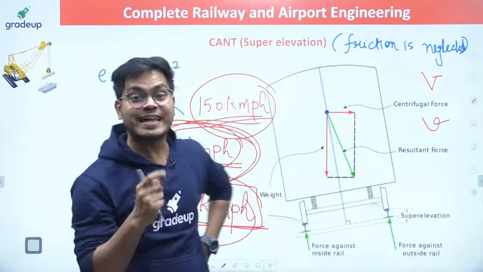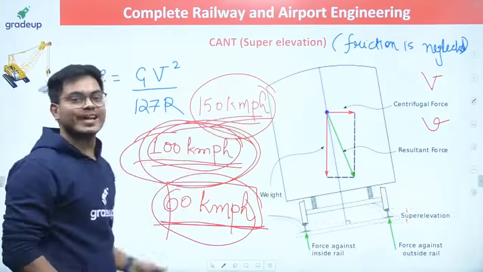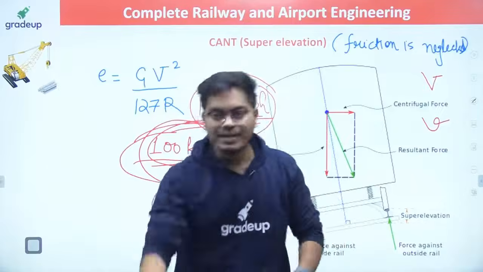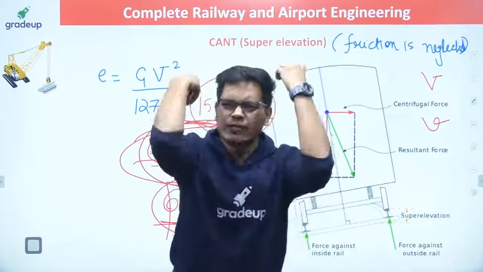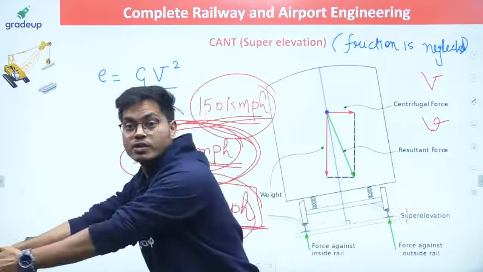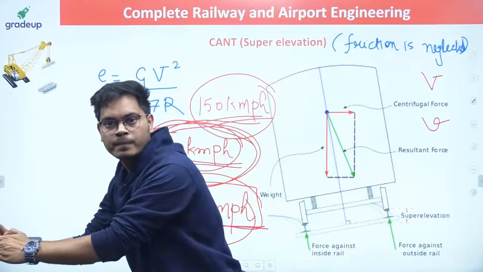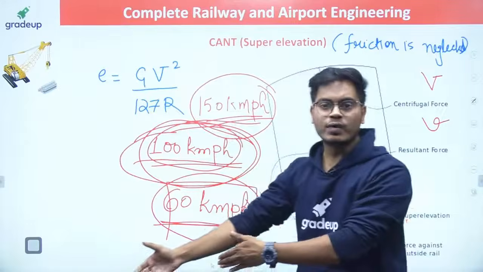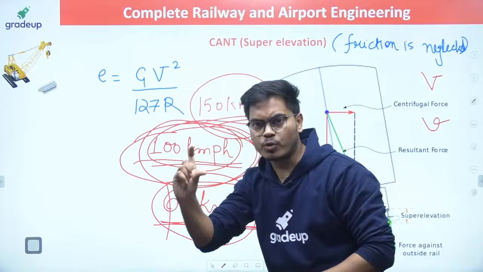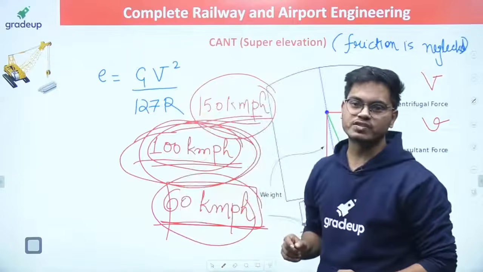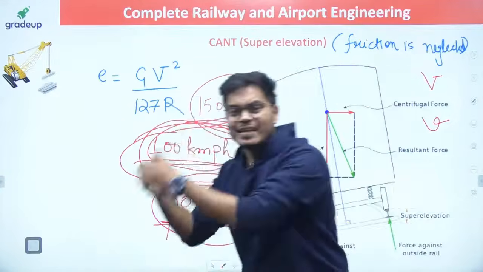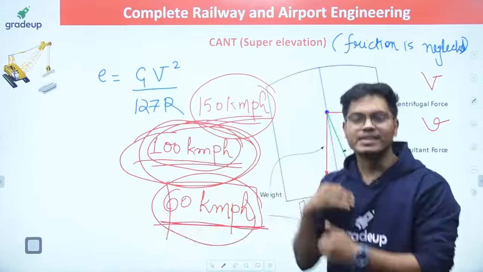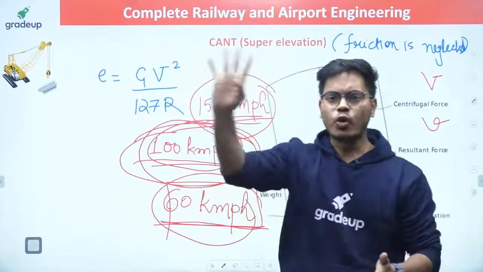Basically, we have provided the CANT in excess, so this is known as your excess CANT. So we have discussed the equilibrium CANT. Whatever CANT you are providing practically on the field, that is your actual CANT. If the train requires more CANT than the provided one, then the difference between the required and the provided is your CANT deficiency. If the required one is lesser and the provided one is higher, then the provided minus the required is your CANT excess. So these are 4 types of CANT.